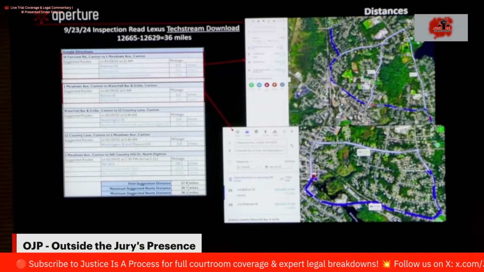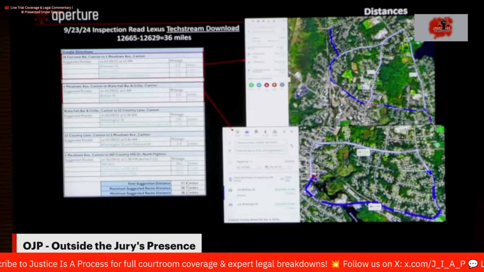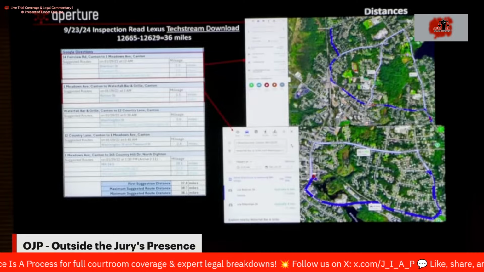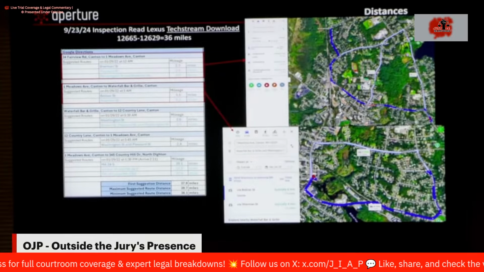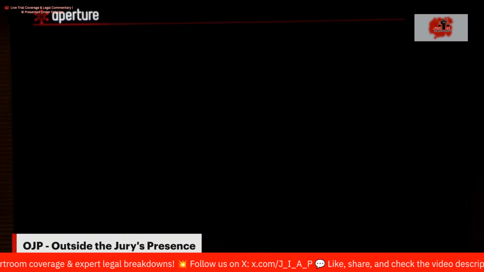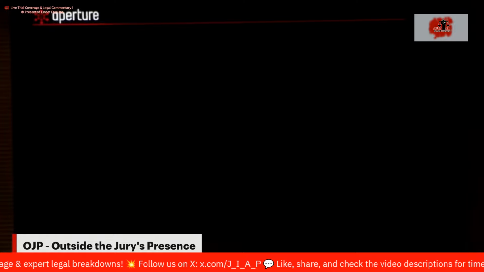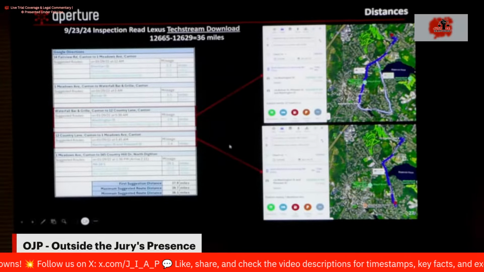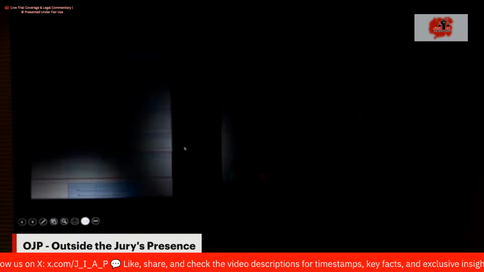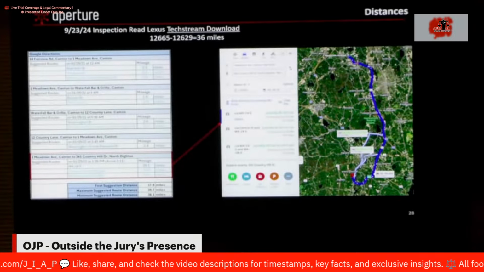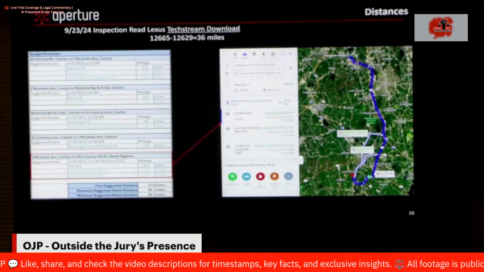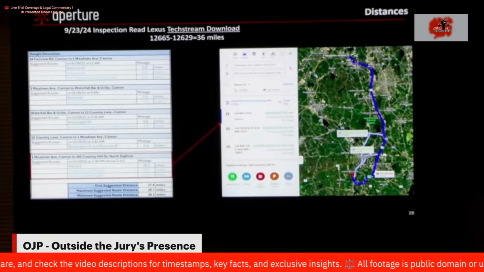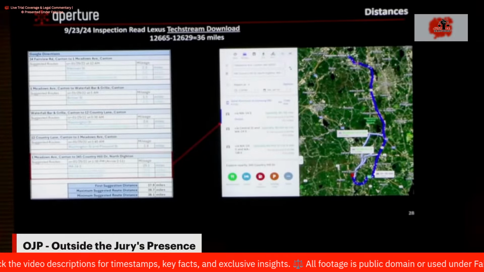Okay, and then if we could click to 26, because it looks like it's the same. If we can go to 26 and 27, looks like it's the same one. You tell me. Similar. In 27, correct, you see the same or similar one there. Okay. These are all from Google Maps. Well, my question is,